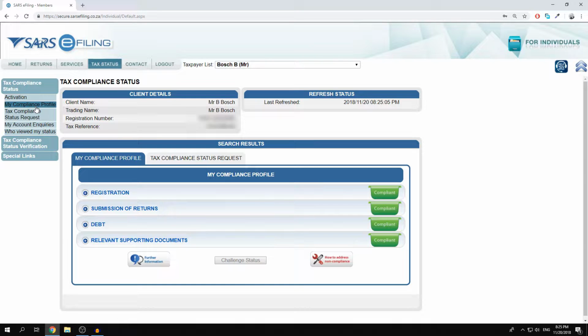So you have to check, is my registration compliant? Is there no issues with that? Do I have any outstanding returns? Do I have any debt that's due to SARS? And do I have any supporting documents outstanding? And if all of those are up to date, then you can get a tax clearance certificate, and SARS will